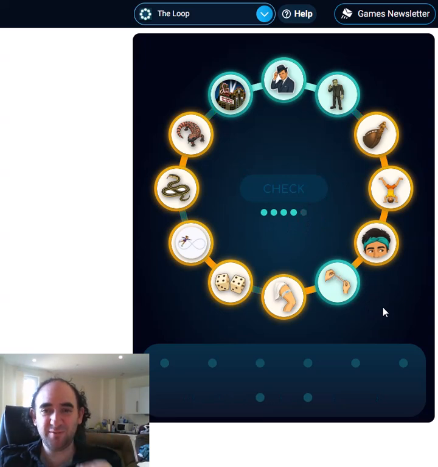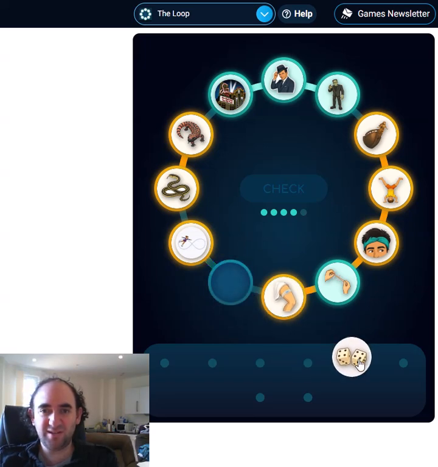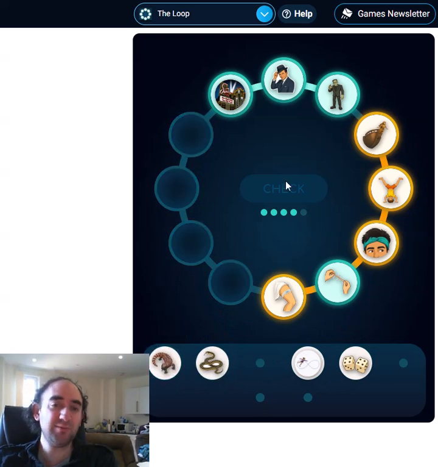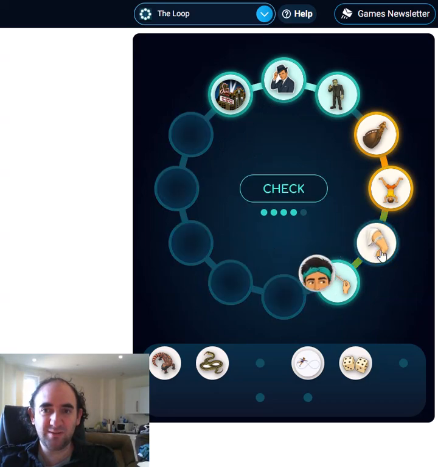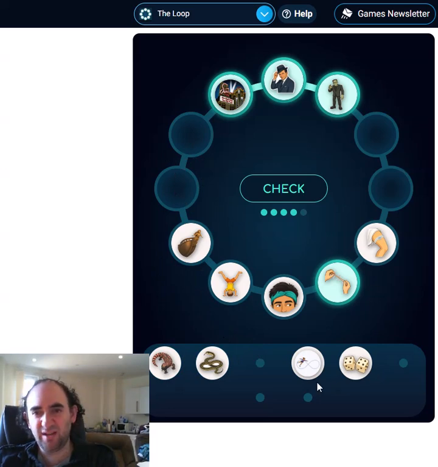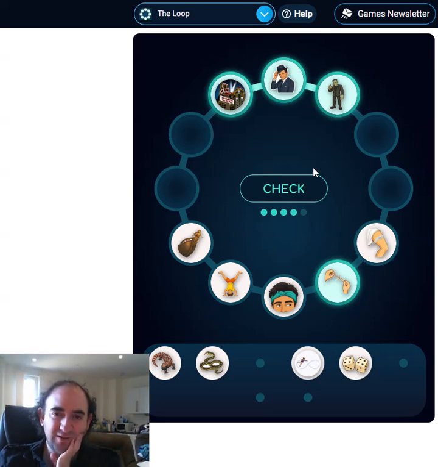Wow, nowhere near as close as I thought we might be. But we should be able to complete this very quickly because we've got a lot of yellows. Now, the yellows mean that the connection is correct, we just put it in the wrong place. So in particular, these greens are all correct, of course. This one is correct, but these connections are all correct. So we just need to put them the other way. So these two were in here. So we could put them the other way around. Or we could put them over here. And then clearly these two are going to go in the opposite section.